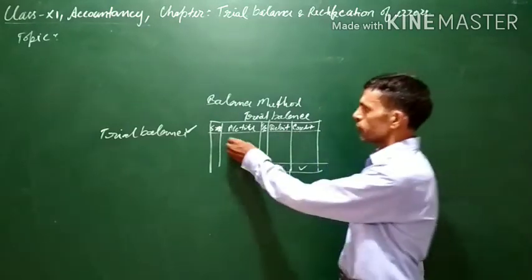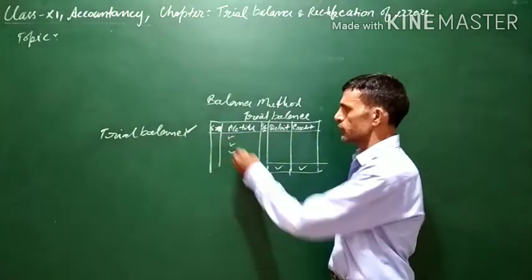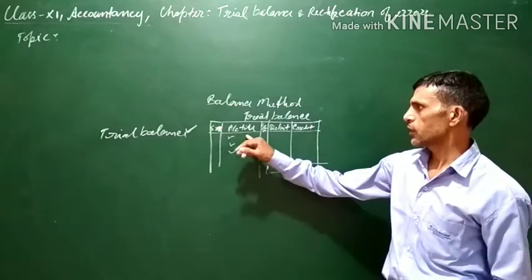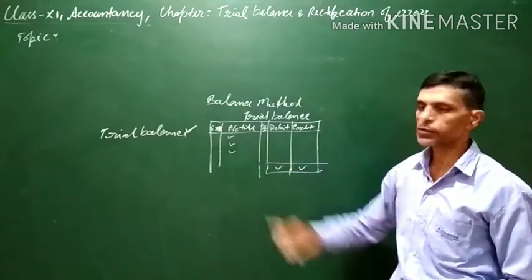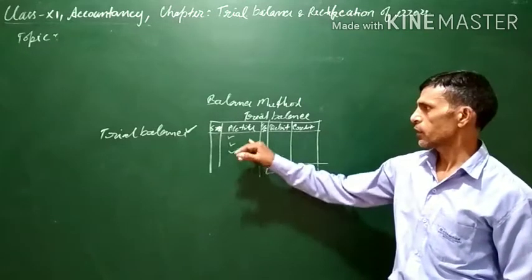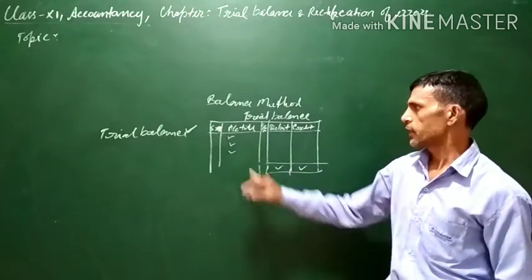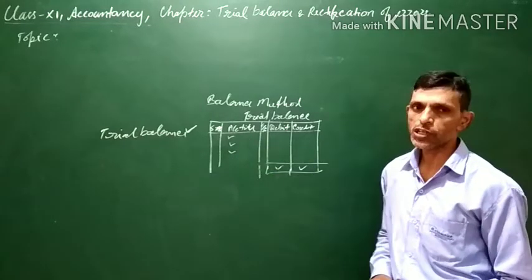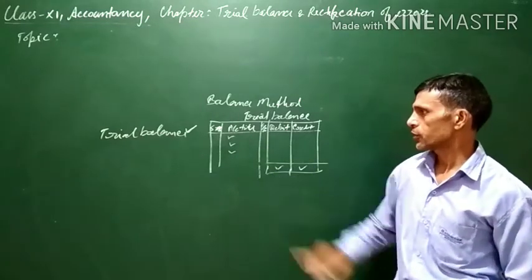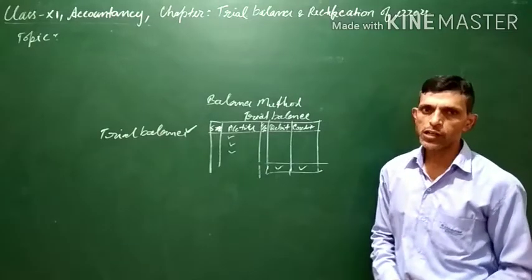Moreover, you can also check the various account titles. Now, you can go through the ledger and see whether any account name has been missed or not. It is also possible that sometimes a particular ledger account has been missed, and that is why the trial balance may not tally. So, these are the various methods of rechecking to find out the errors in the trial balance.